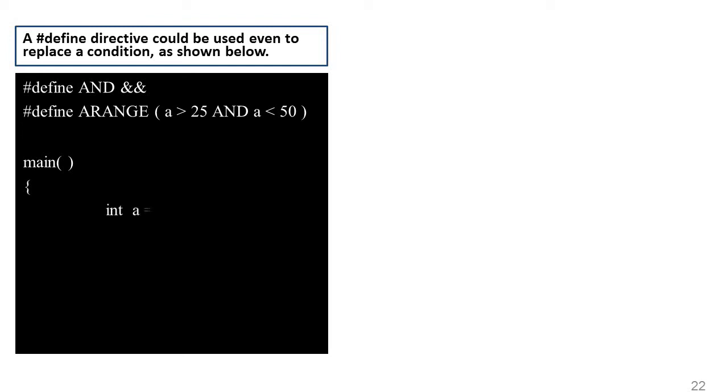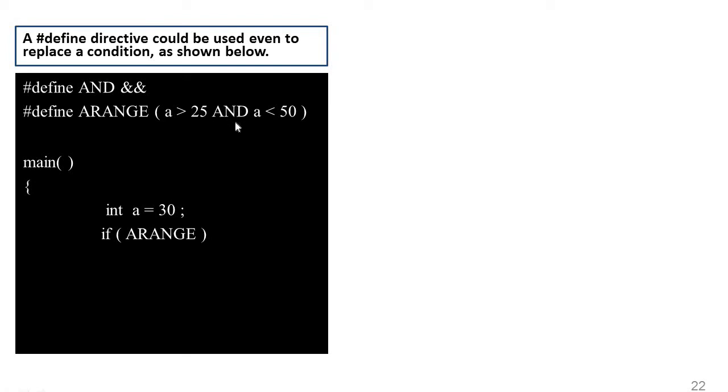Now inside this main function there is one variable, a equals 30, and after that there is an if statement. Inside the if parentheses there is just a single word, RANGE. The compiler can get an idea of what RANGE is, because we have already defined it as a preprocessor directive. RANGE is just a simple condition, that is, a is greater than 25.